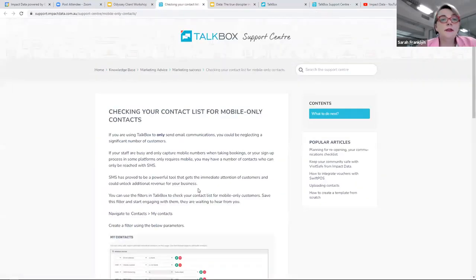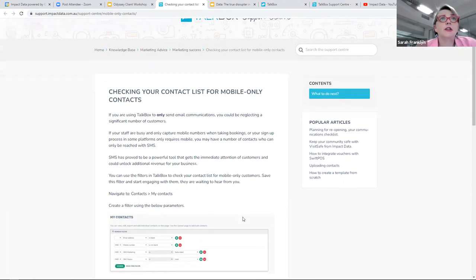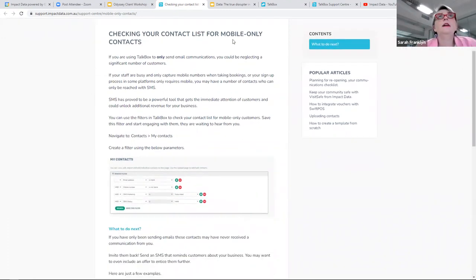One of the things we've really understood, particularly, Louise, you mentioned you've got ticketing: when we see things like reservation data and order at table, often we only get a mobile number. We don't get an email from those customers. They're much less likely to give it. So what we need to understand is, are we talking to our whole audience if we're only sending via email? There's a really clear instruction guide here, but I'm going to go and do it in TalkBox.